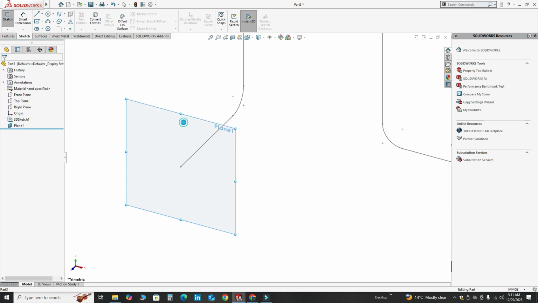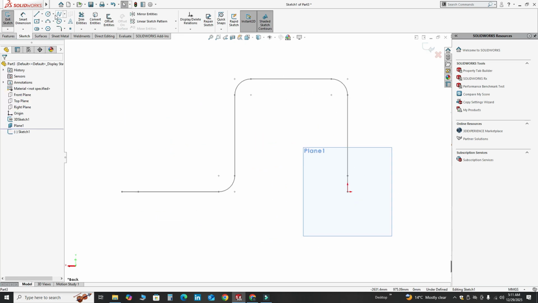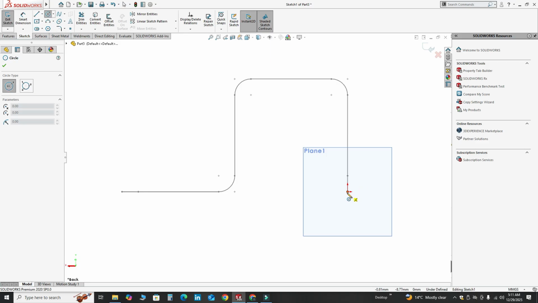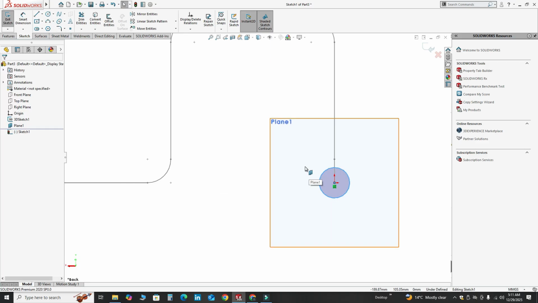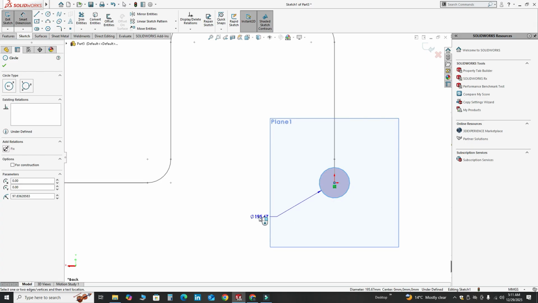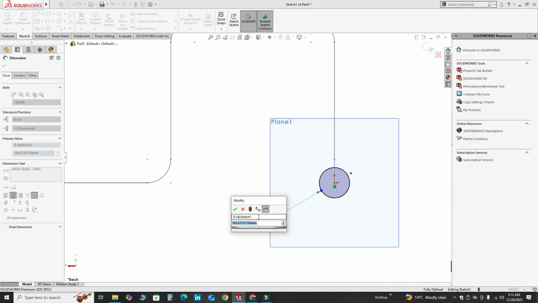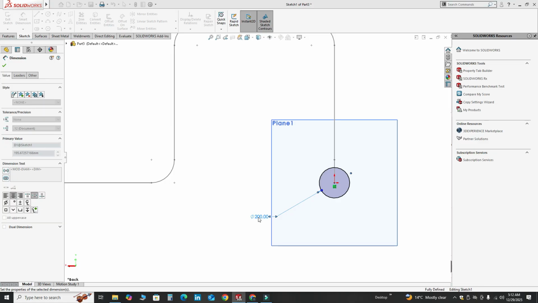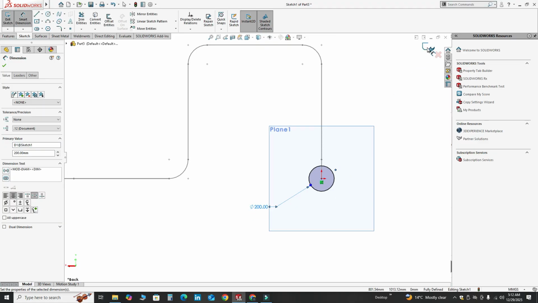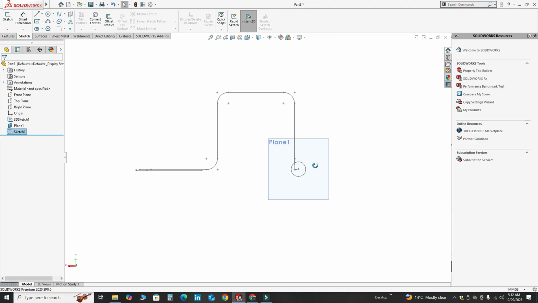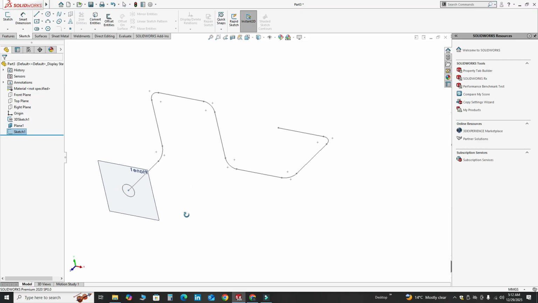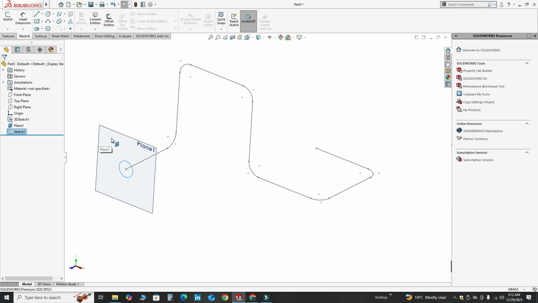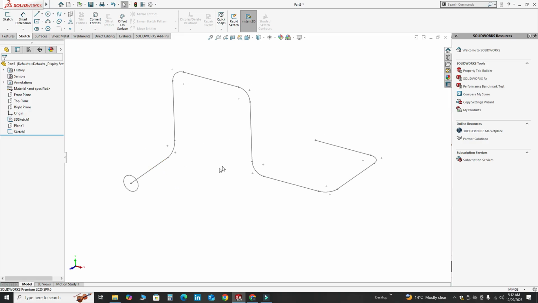I will select this plane. And here I will create a circle like this. Go to here, smart dimension, and let's apply 200 millimeters and I will exit this sketch. I will hide this plane. Okay, now it is ready to sweep.